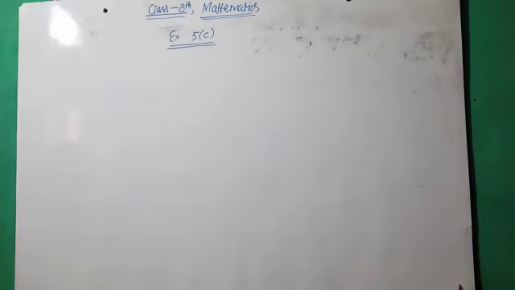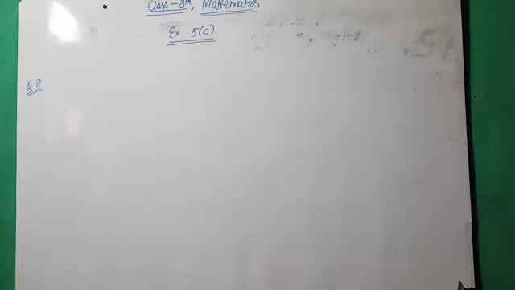What is the smallest integer that can be written with 2 digits? Okay, students, the question is very simple, but it is based on logic. We have to find an integer with the help of 2 digits. We have to find integers. Okay, smallest integer. So the smallest integer is any number.